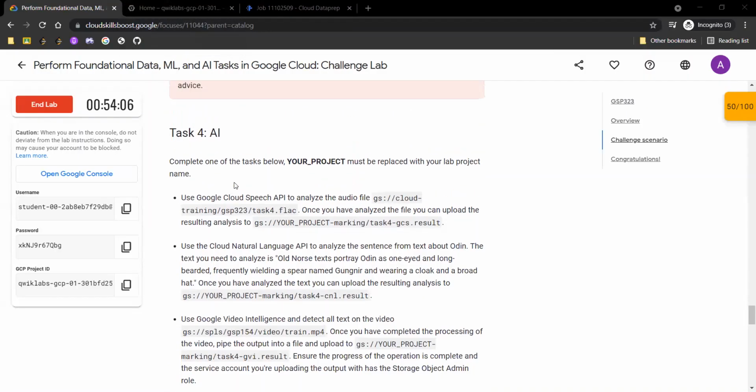Yeah, so we are doing this subtask under task 4, which is to use the Cloud Natural Language API to analyze the sentence from text about Odin. The text you need to analyze is: Old Norse text portrays Odin as one-eyed and long-bearded. Once you have analyzed the text, you can upload the resulting analysis to this bucket. Okay, so we'll be doing this now.